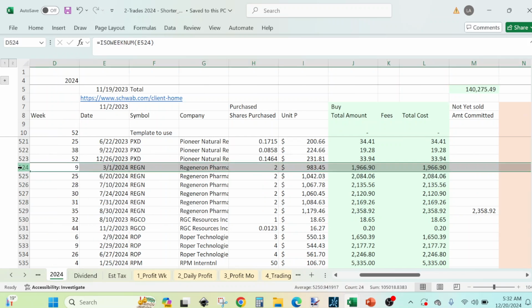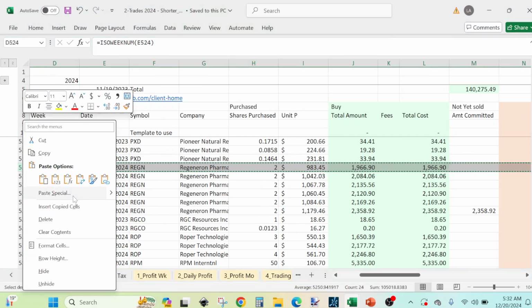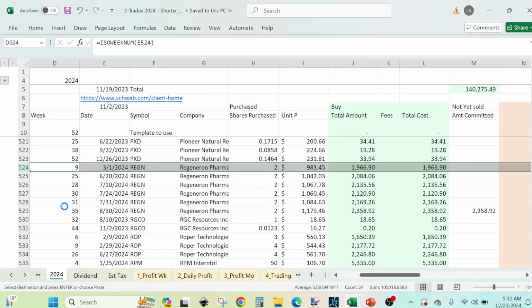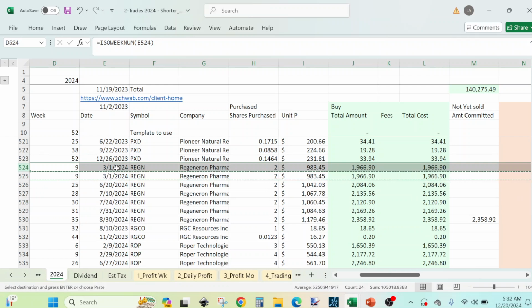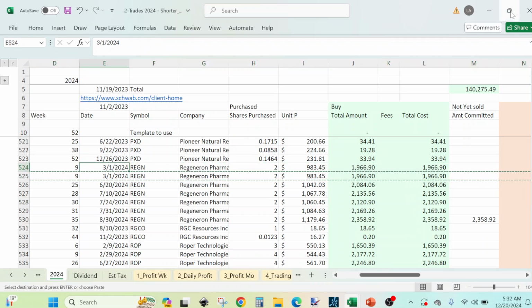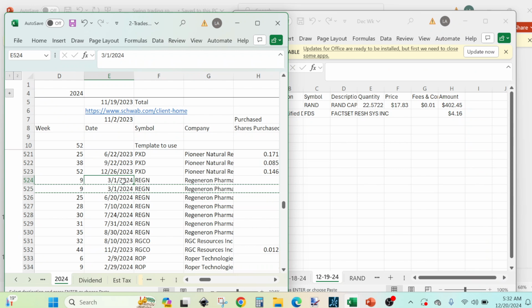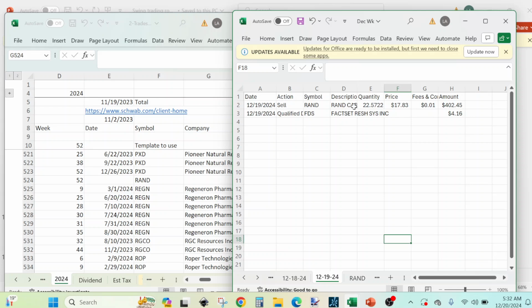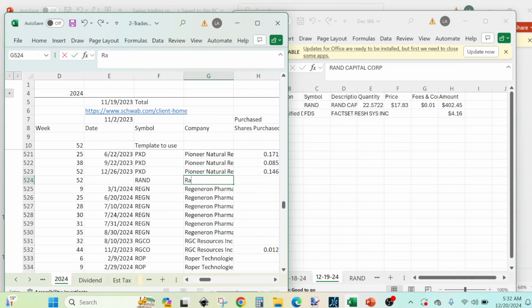So I'm going to copy one that I have here, and we are going to change the information inside of it. I'm going to remove that date, RAND, and we can type that in, Capital Corp,